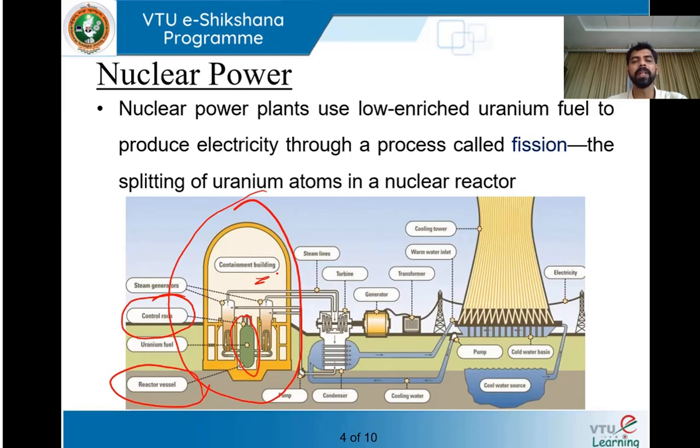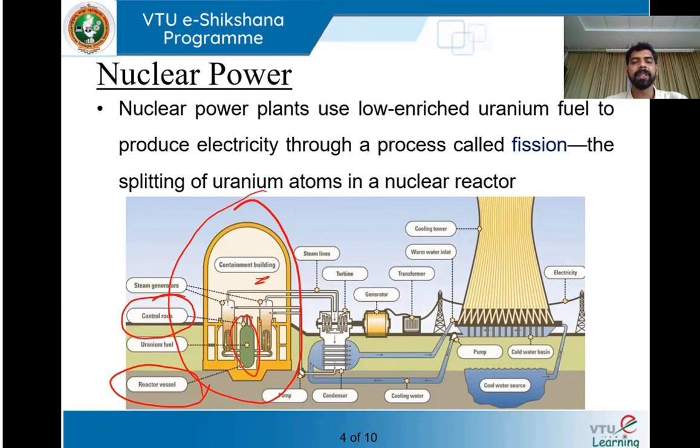So in order to do that, we carry out this fission reaction process in a reactor vessel. And once we start this fission reaction, it's uncontrollable. It's a continuous chain reaction. Therefore, you have to control it now and then. That's the reason we have control rods, which give you a controlled fission reaction.